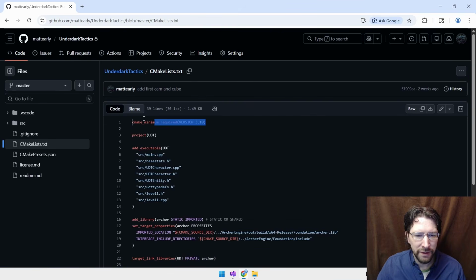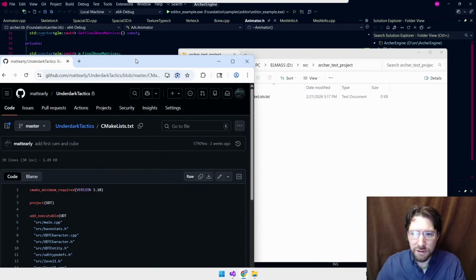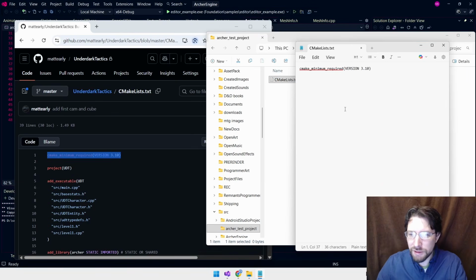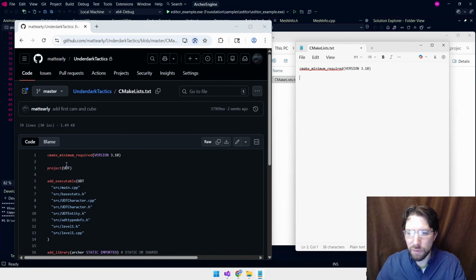So basically we're going to copy a lot of this because I know that this works as the settings. So of course we're going to need some base stuff, which I'm just going to go ahead and copy over like the CMake minimum version. We're going to put CMake minimum required, whatever version you want. I think that's fine enough. We're going to give our project a name. I'm just going to call this Archer Test Proj, I guess. That's fine, doesn't matter really that much.